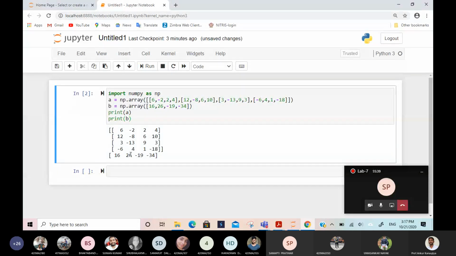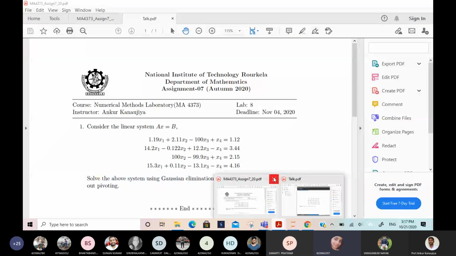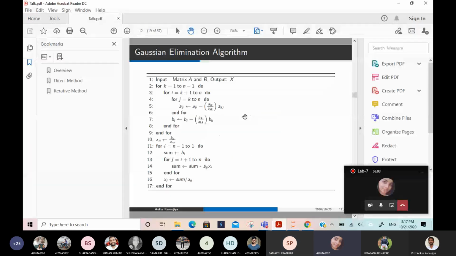So now we will apply the Gauss elimination method. Can anyone tell what will be the next line I have to write for Gauss elimination? For k in range. I will just show what to write here.